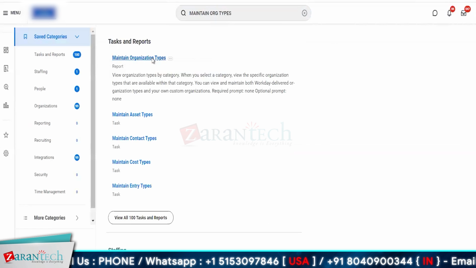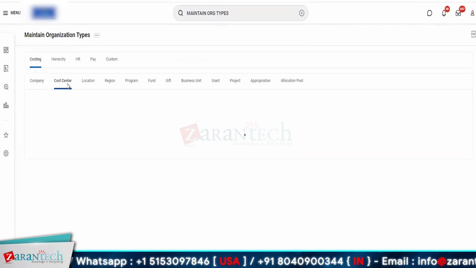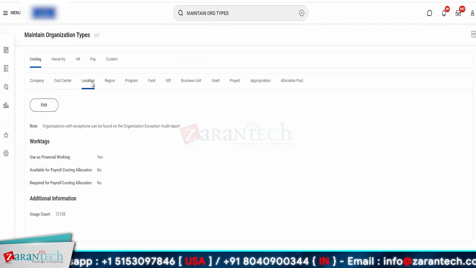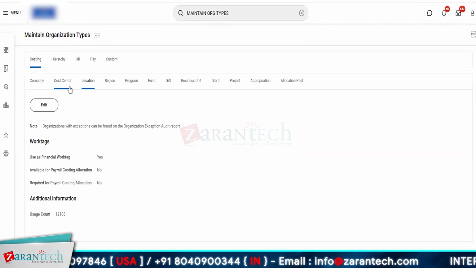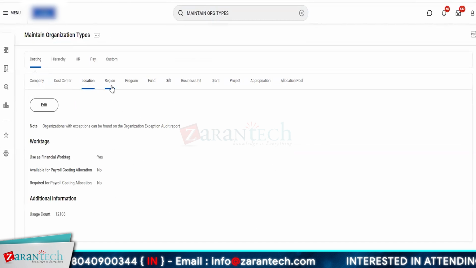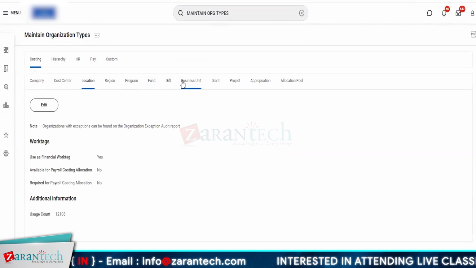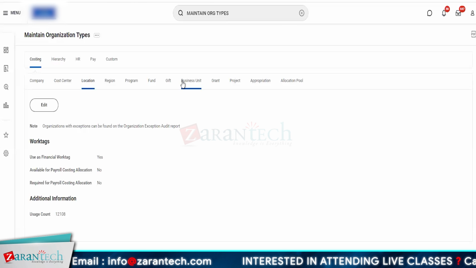So in maintain organization types, we did create a company, we did create a cost center. Let us also create a location. These are the three most important ones, and these are the three where you will see some additional options, or the options might be different. But once you move past this, like creating a region, program, fund, all these different organization types have